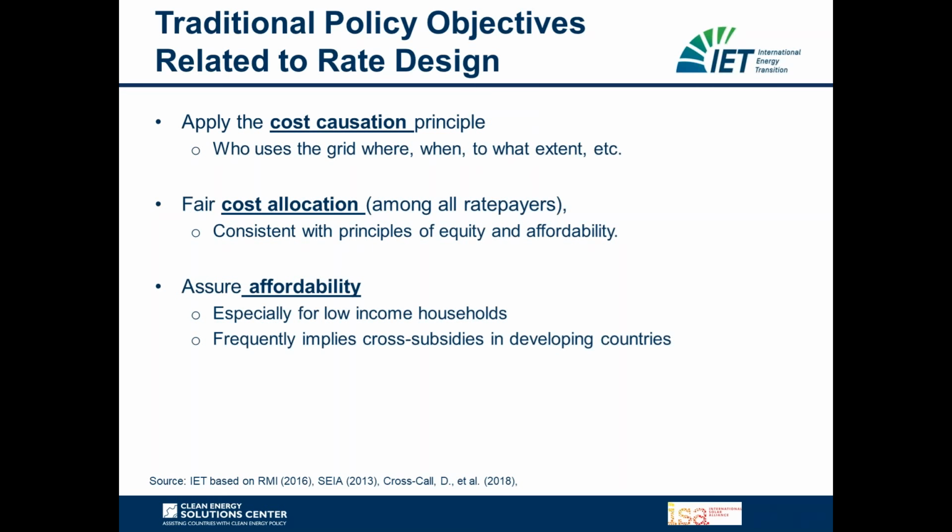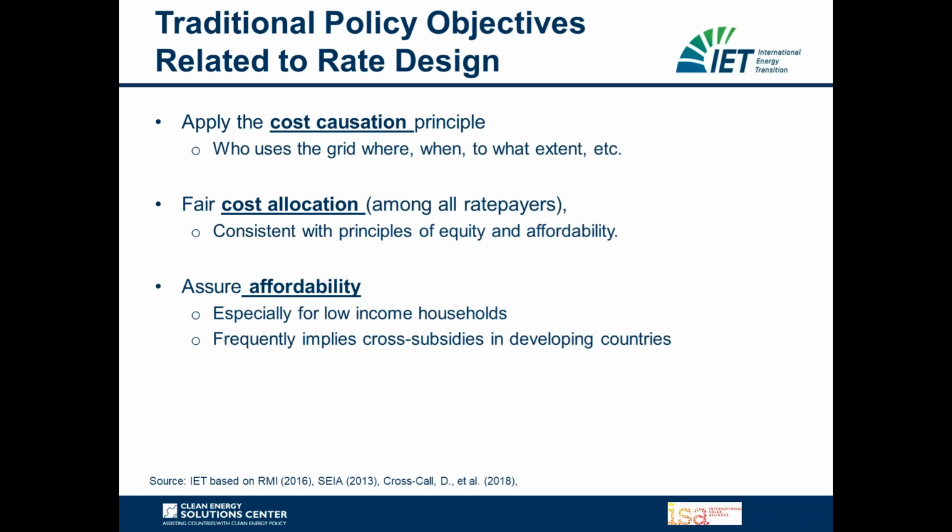Another set of traditional policy objectives is the cost causation principle. So who has been using the electricity grid, where was it used, and when was it used, and also to what extent, so that depending on the degree of usage, you would then have to pay your fair share for financing the overall